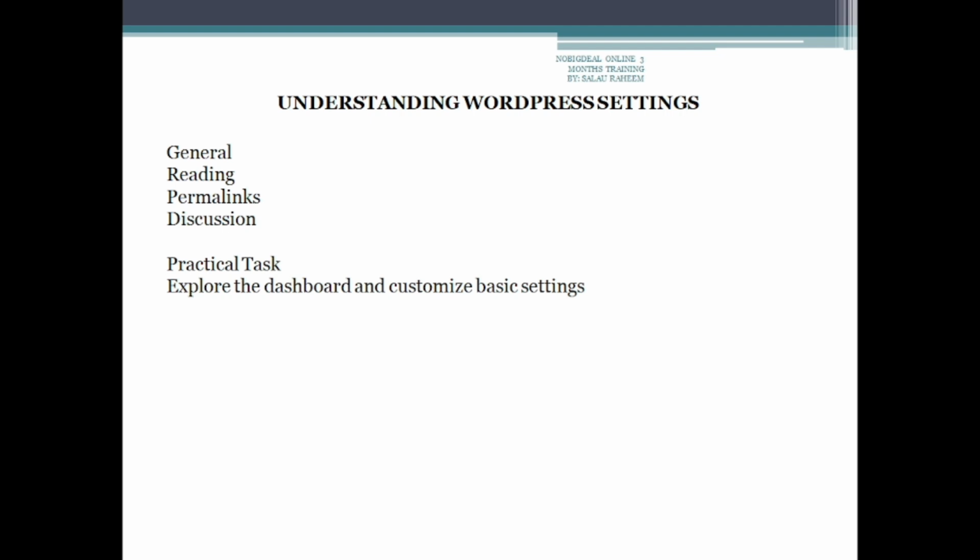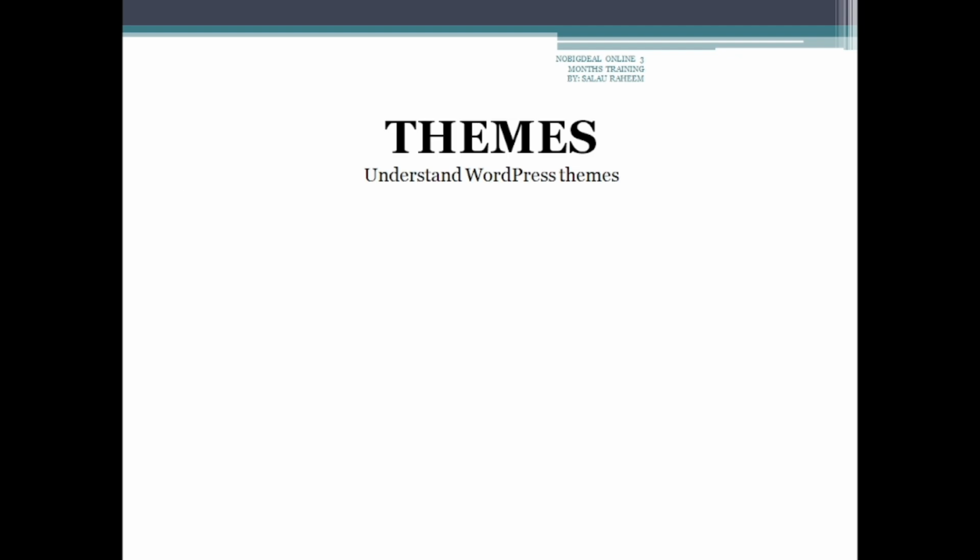So let's move on to the next one, which is themes. What are themes? Under here we'll be learning and understanding WordPress themes. WordPress themes control the appearance of websites.